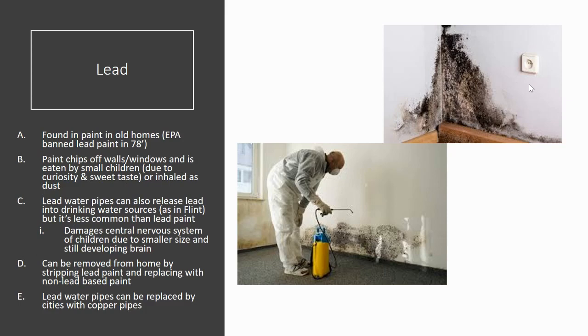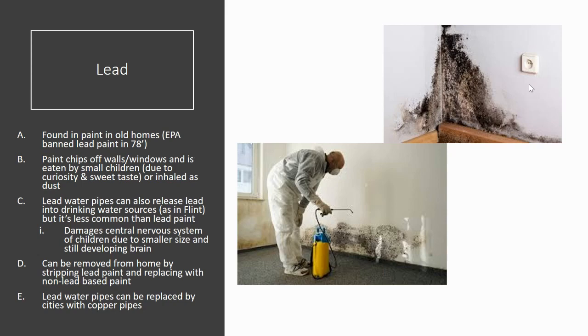Now, what about lead? Lead is not as much of a problem as it once was, since it was banned by the EPA back in 1978. But in much older homes, in much older buildings, where maybe they haven't had a good refreshing of paint, you can find that the paint is going to chip off the wall or the window pane. Unfortunately, very young children tend to either inhale or maybe even ingest parts of this lead, and that can damage the central nervous systems of those children and lead to